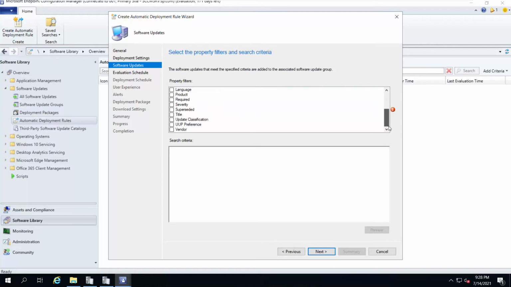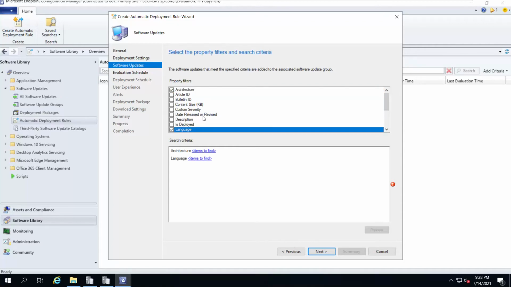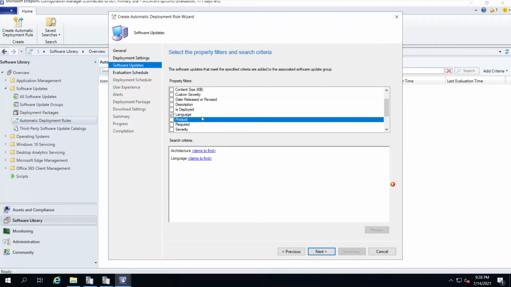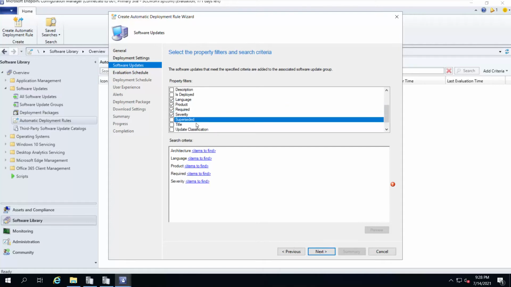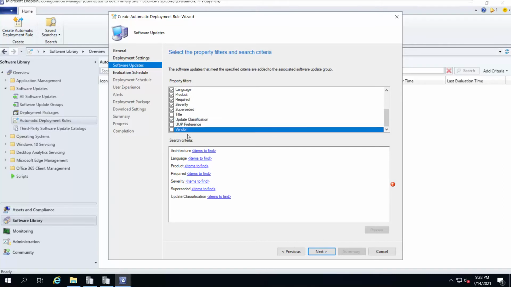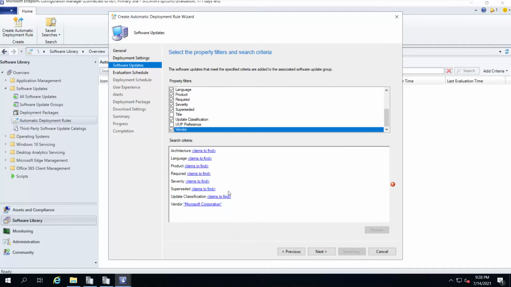Again, the same criteria information is coming, what criteria you need. So we can add architecture, language, product, severity, required, superseded, update classification, etc. Vendor, so for example, if I go to vendor, you can see we have local publisher and Microsoft, so I can say Microsoft only.